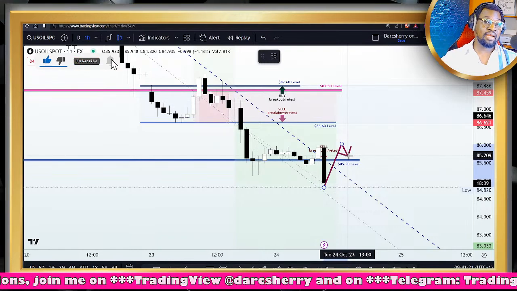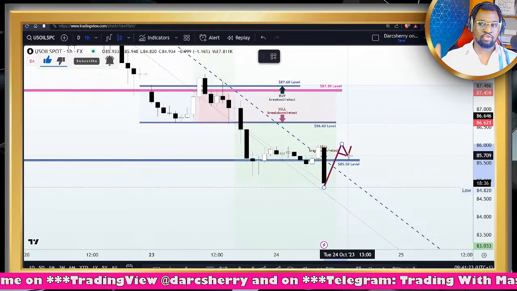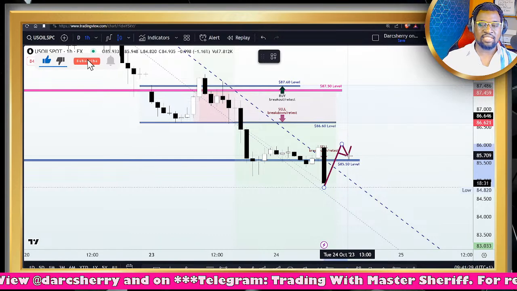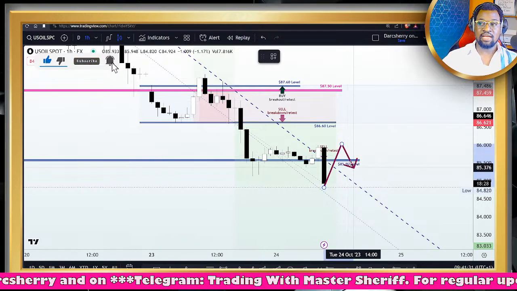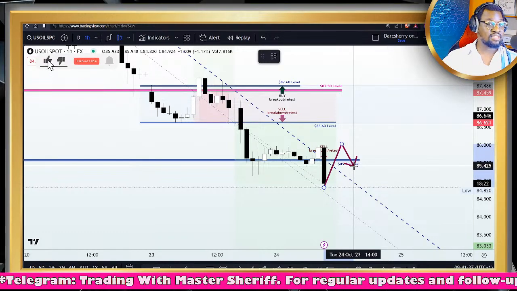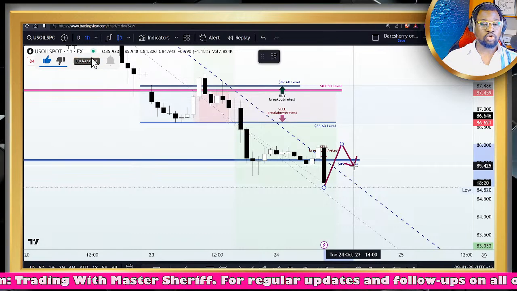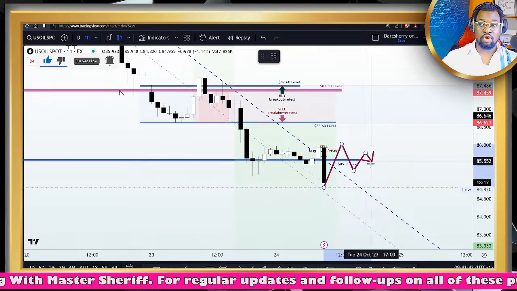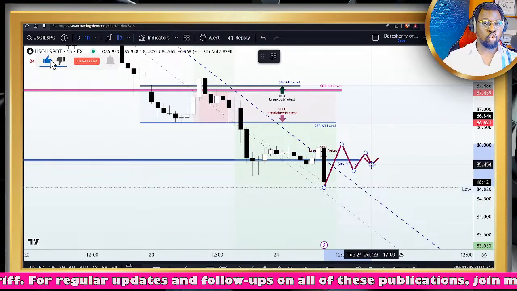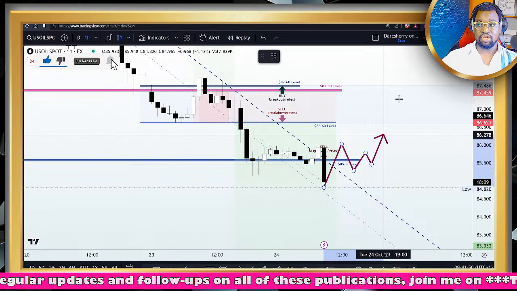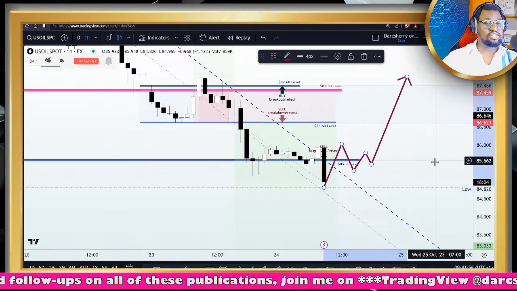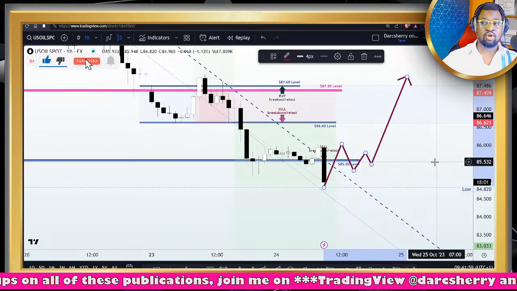A breakout of the trend line could still turn out to be a false breakout. Remember that. So if price breaks out, we need some confirmations to happen, which definitely would reflect on the chart as price action retracing to retest the trend line or the $85.50 level. Most importantly, what we want to see is continued buy pressure, showing us signs that sellers are finding it difficult to drop back below that descending trend line, giving us a beautiful signal to join an uptrend scenario. That is the only condition that will make us consider buying the US Oil Spot today.